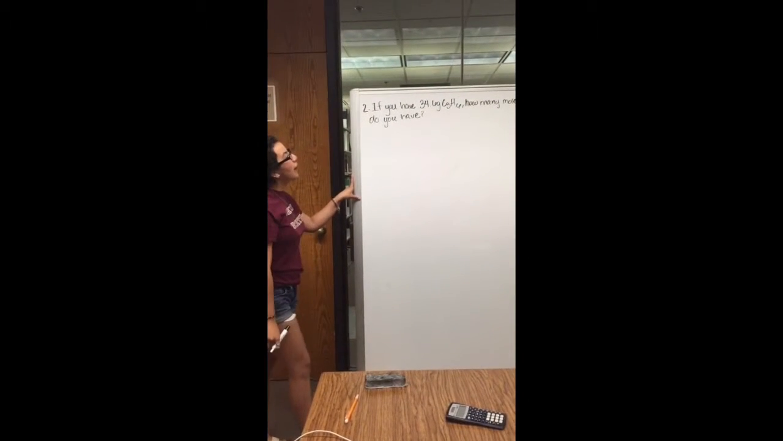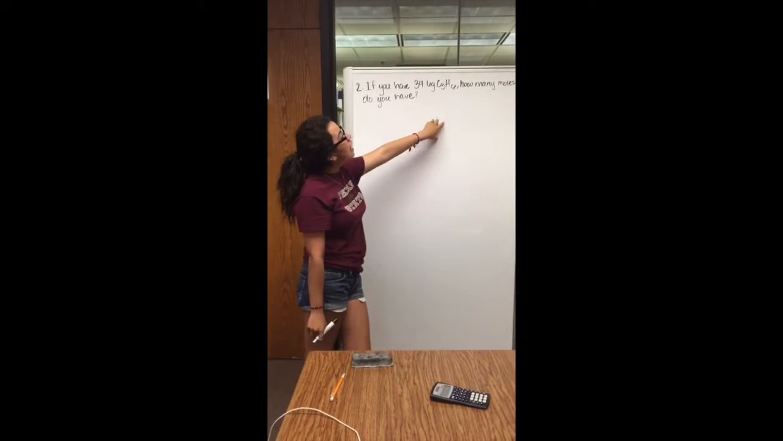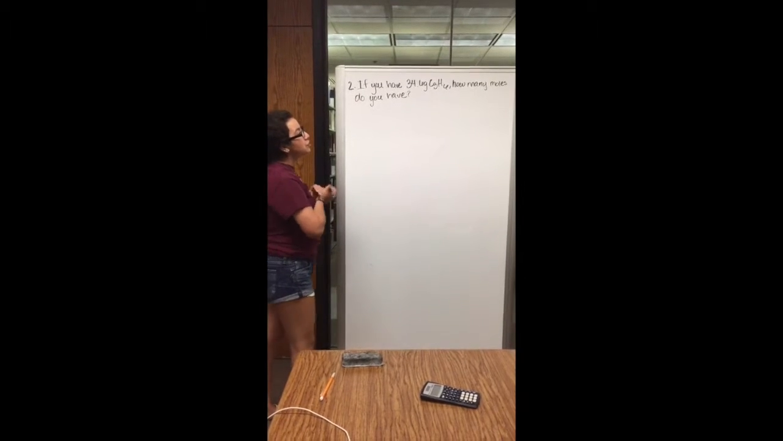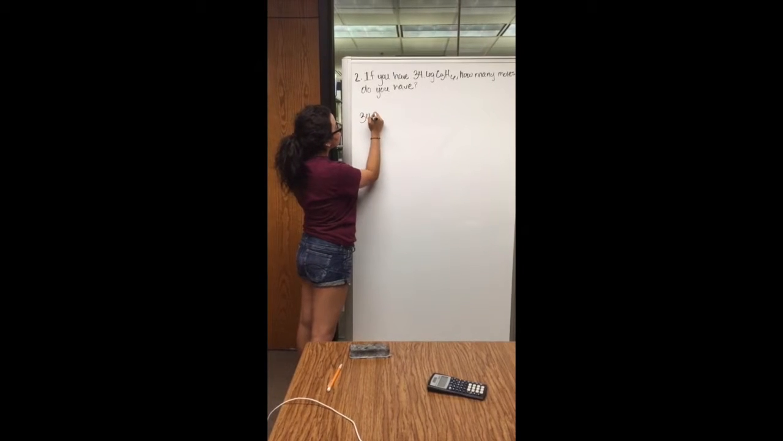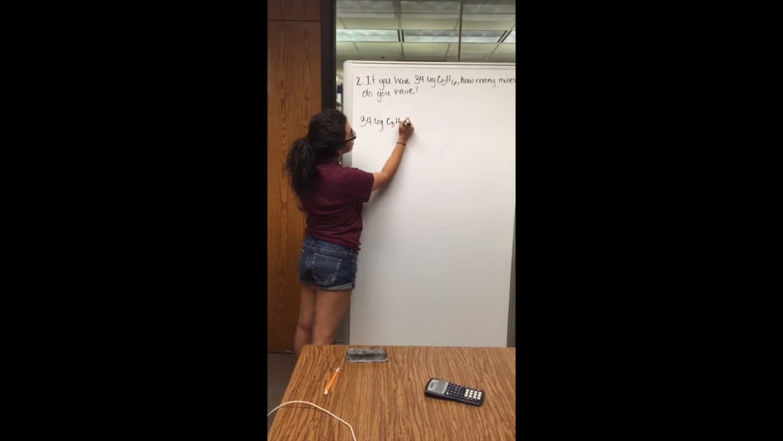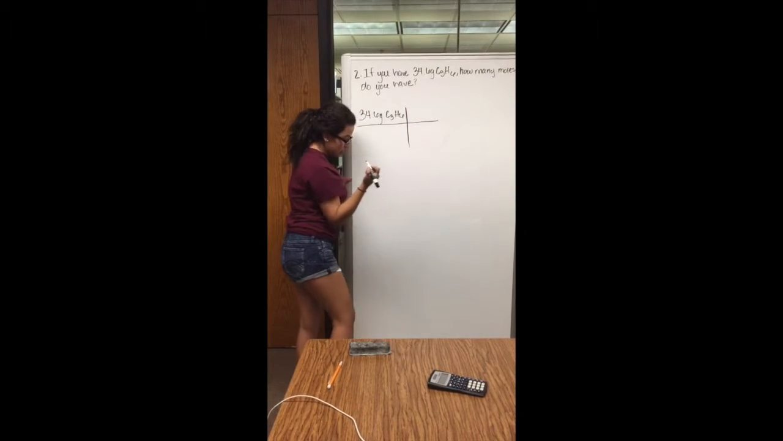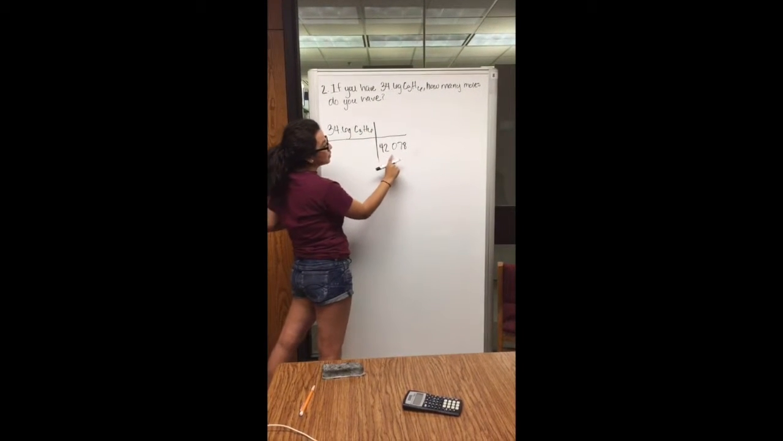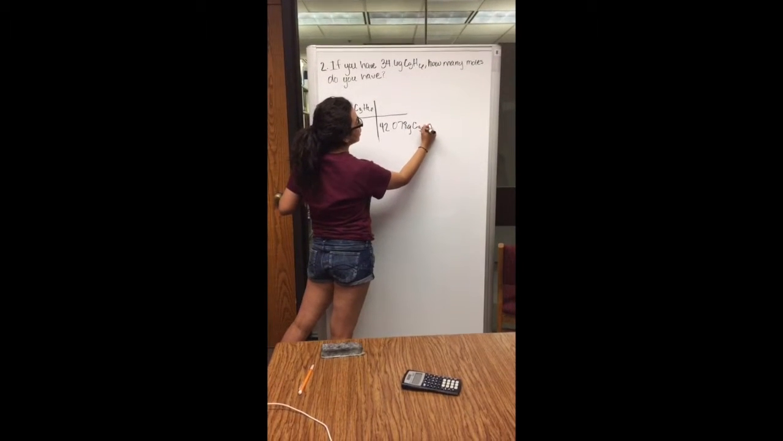Question number 2, you have 34.6 grams of the molecule C3H6, and it's asking you how many moles you have. So all you do is you convert the grams to moles. So you would start off with 34.6 grams of C3H6, convert to moles. So then the molar mass of the C3H6 is 42.078 grams of C3H6,